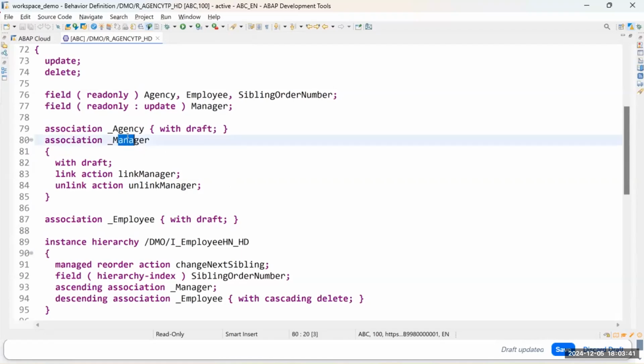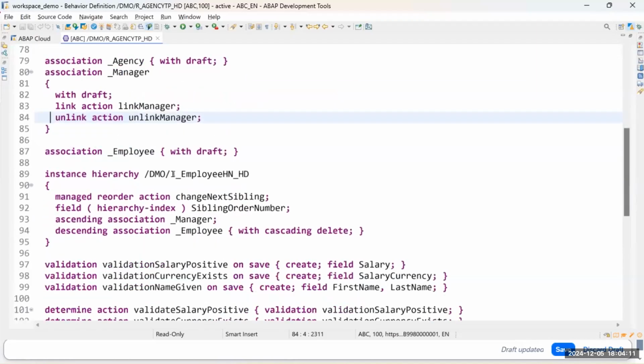For instance, here pointing to the manager, and there it's of course also draft enabled, but we have new features like link and unlink actions. They are needed in order to drag and drop and assign to somebody different, so that it's unlinked from a certain manager and then linked to a new manager, or unlinked. That was the last step that I've shown you, where I moved it outside of the hierarchy. So in this case, it was just unlinking it, or you link it again to another and then override the current manager, for instance.